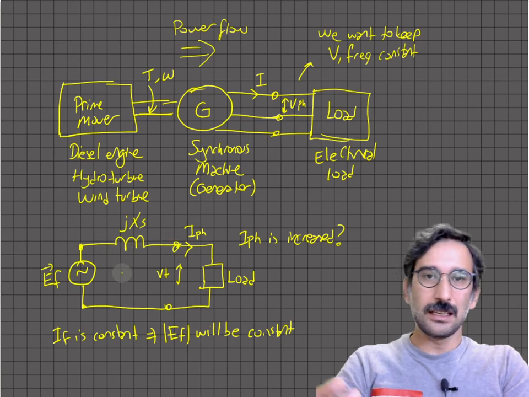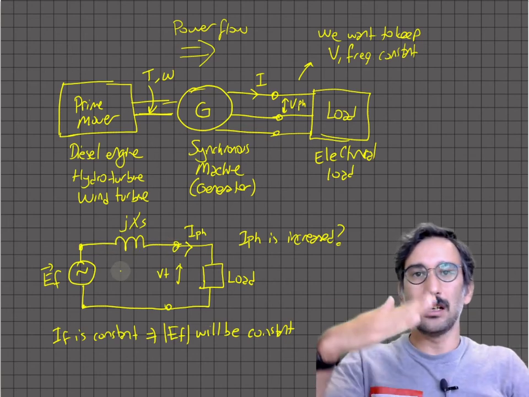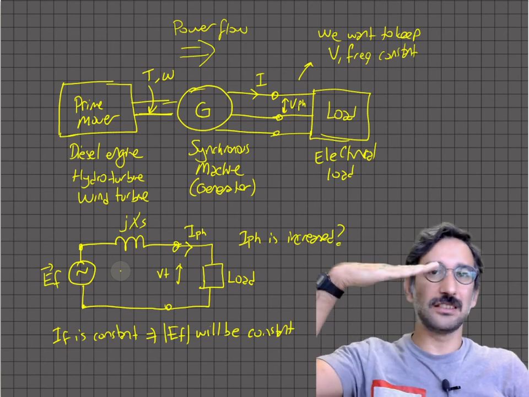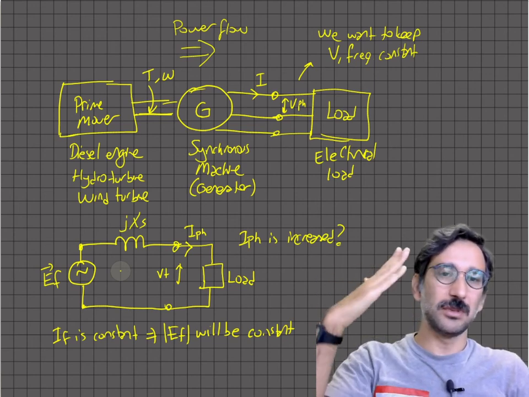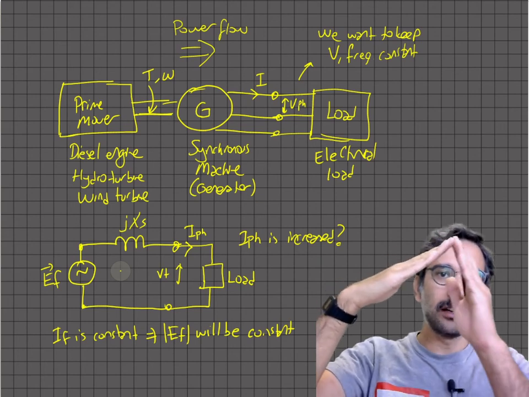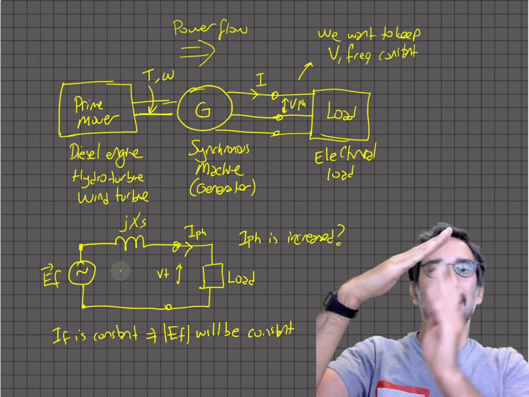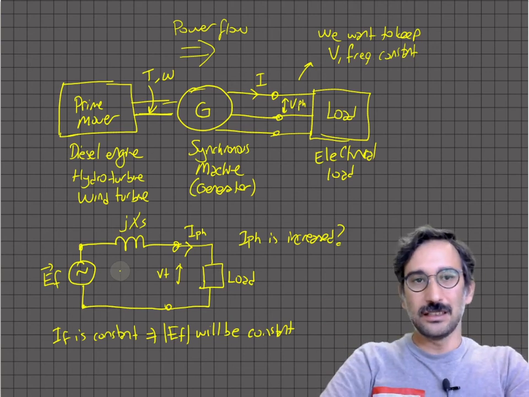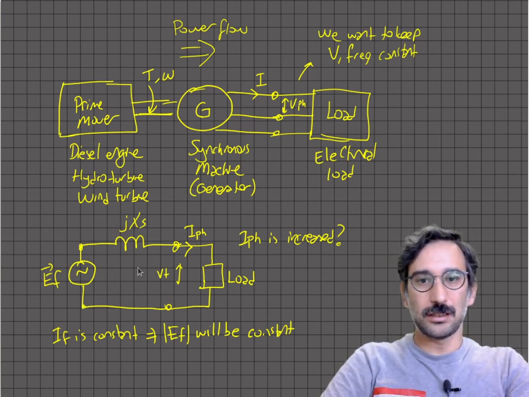In the previous video, I always drew VT as the reference, but in this case, EF is the defined vector, current is the defined vector,